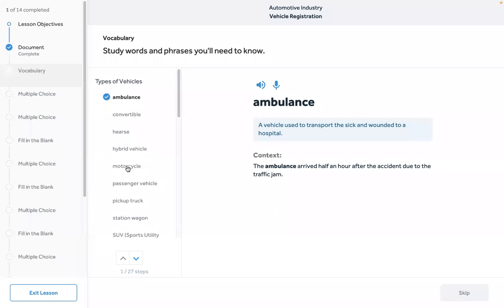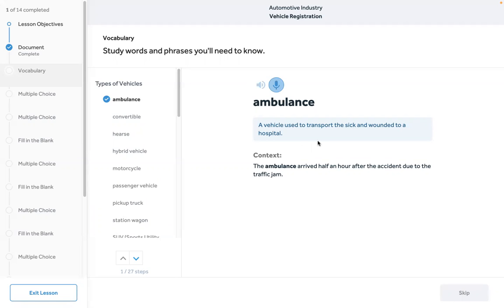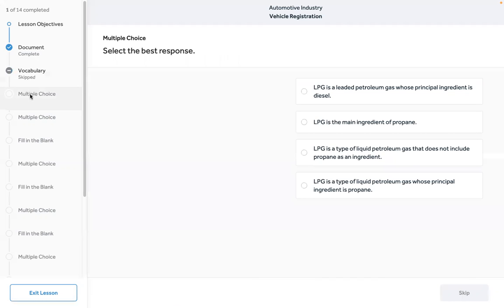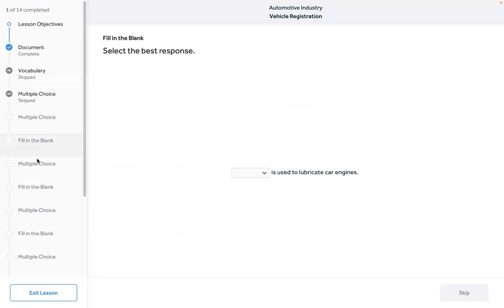So here we have some vocabulary practice, and the learners will not only see the definition, they can hear it. Ambulance. And they can even practice speaking it if they want. Ambulance. All right, so again, we're going to introduce all of these different terms to those learners for practice. And then, of course, they're going to have different options for completing these different